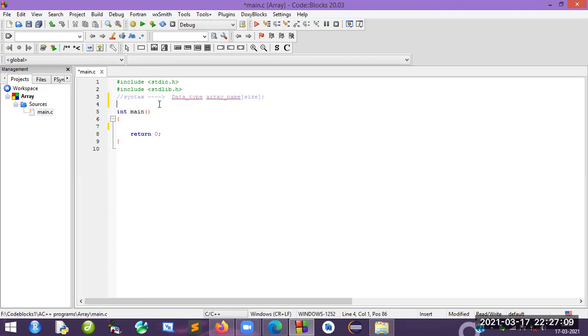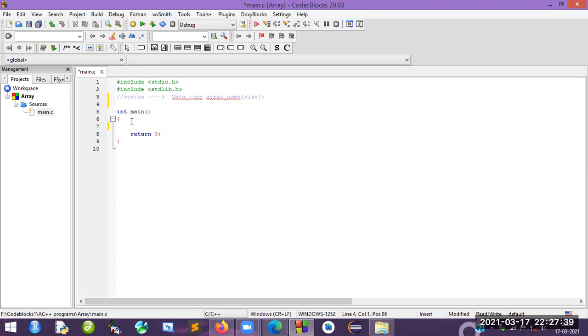One more important thing we need to understand here. Suppose, for example, we take an array variable: how we are going to declare it and how we are going to define it, all those things we will discuss here. First, we can initialize it directly. There are a number of methods to initialize arrays, so one by one we will see them. First, method one: using one dimensional declaration.